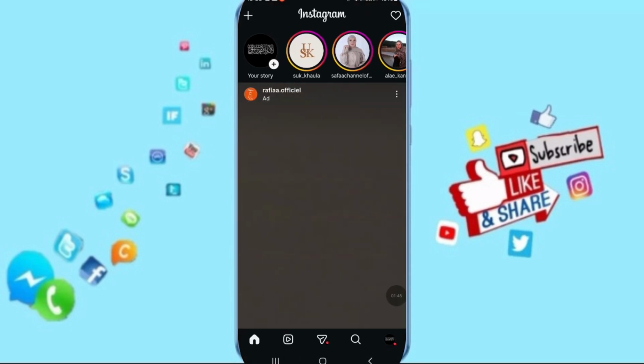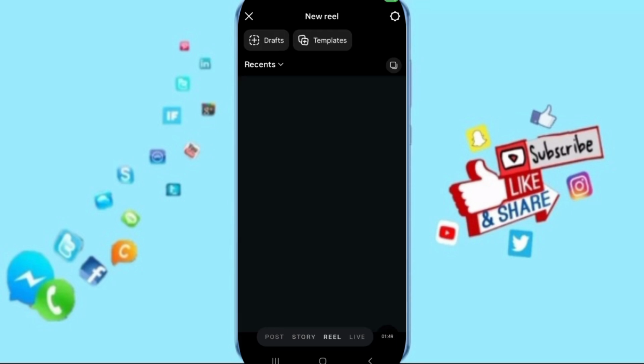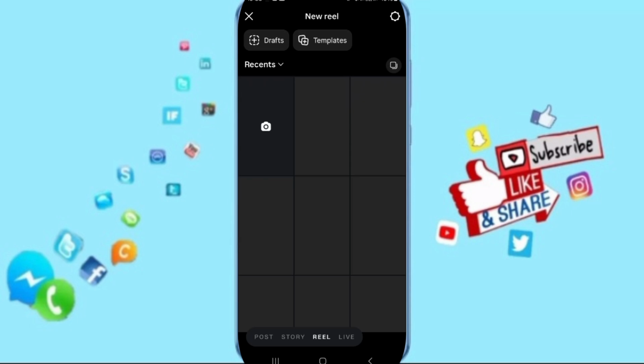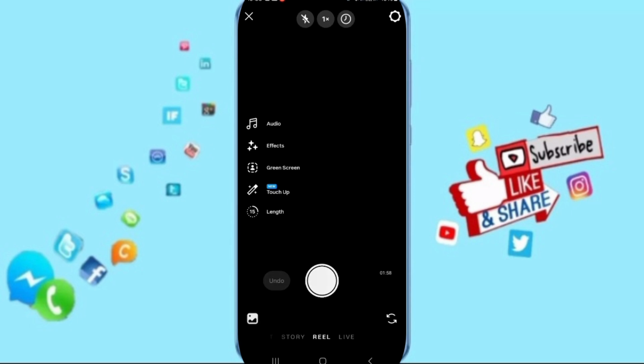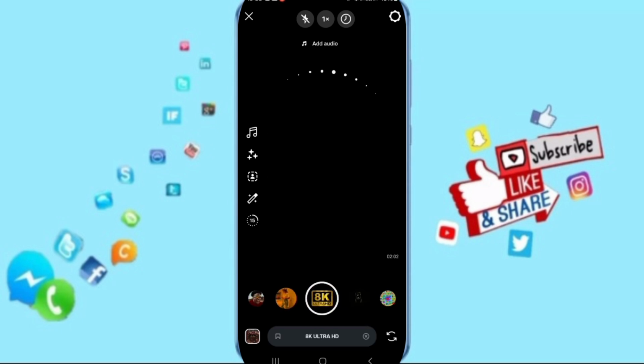So after that, this is for story, but for reels you can go back again here to find this sign again, and you will click on reels like this, and after that you will click here on this camera sign, and on this camera page you will find filters in the same way as you see, and you can click on the search sign as I told you before, or you can just click here on this effects sign